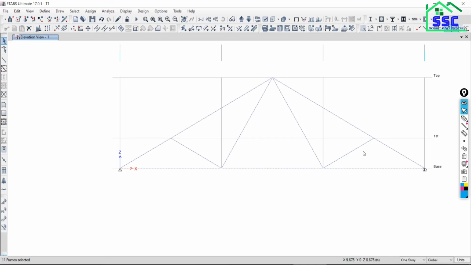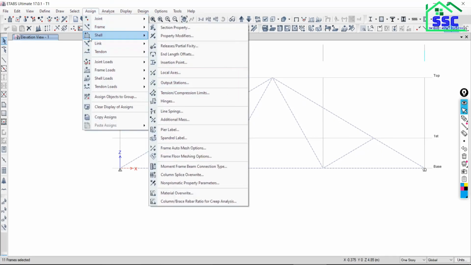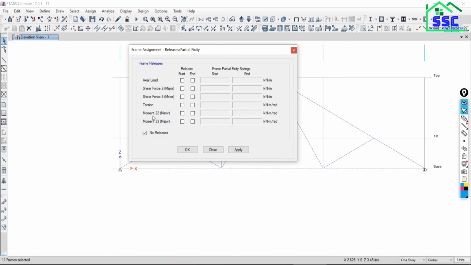Once all the elements have been selected, go to Assign, and as these are all frame elements, go to Frame. There you will find Releases and Partial Fixity.